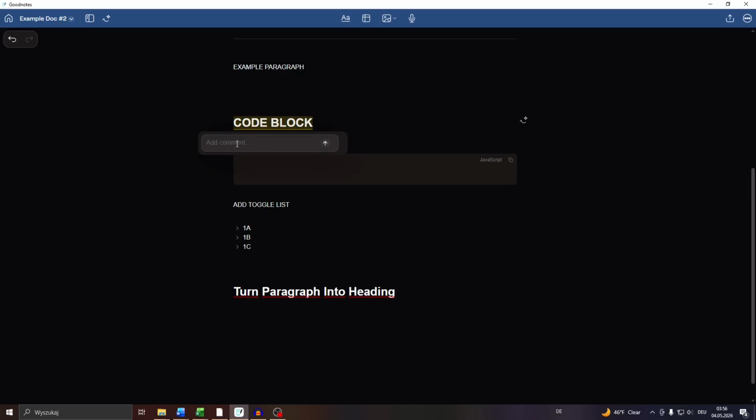And here you may add a comment like, good idea or something like that. If it's, for instance, intended for one of your co-editors here, click into this button to post it. And you will see then the comment button here to the right, so that you may click into it and